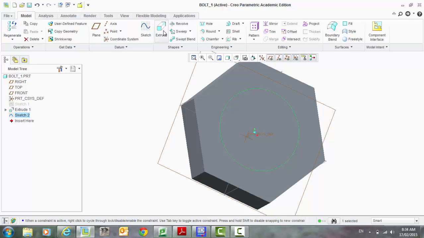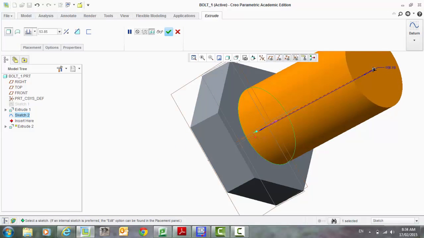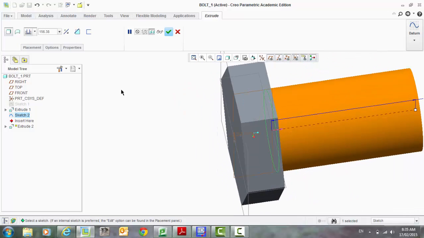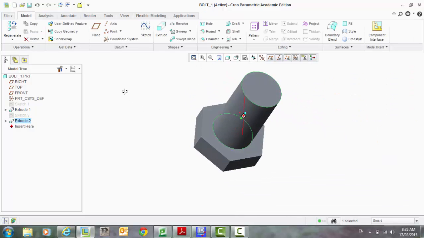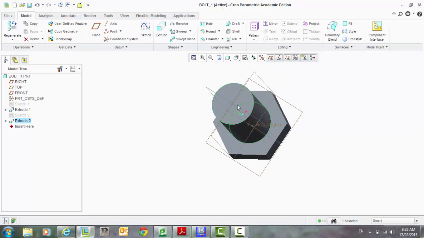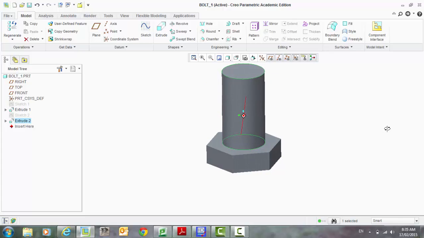And we're going to extrude that circle. Okay, drag that past. Let's make that 160. And I'm happy with that. I'm going to accept that. Now, what we want to do here is we want to put some thread onto that shaft there. So we're going to do that by